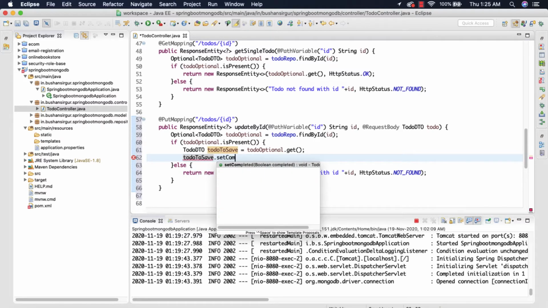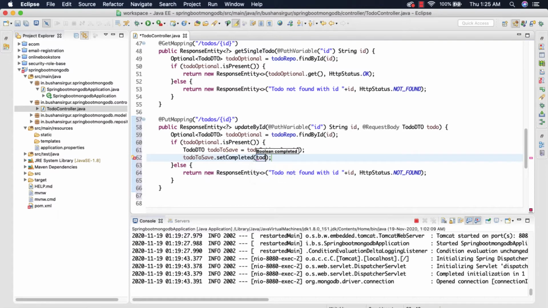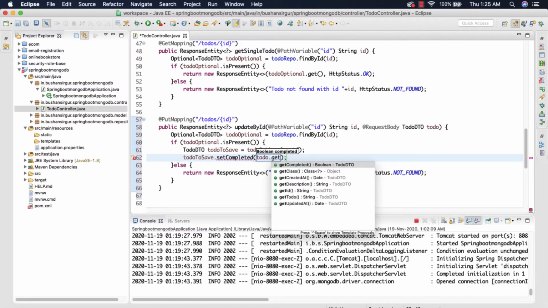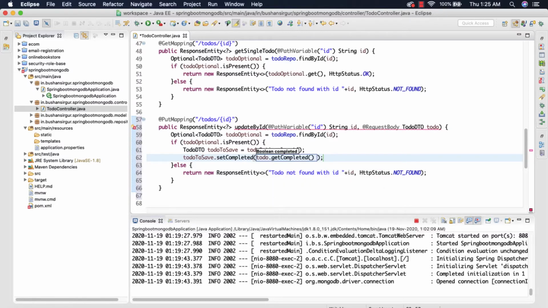Dot setCompleted. And first we're going to check if todo.getCompleted is not equal to null. Then if it is not equal to null, which means the user is providing a completed option, so we're going to get todo.getCompleted, else we're going to get it from the previous, the old value, which is from this todoToSave object.